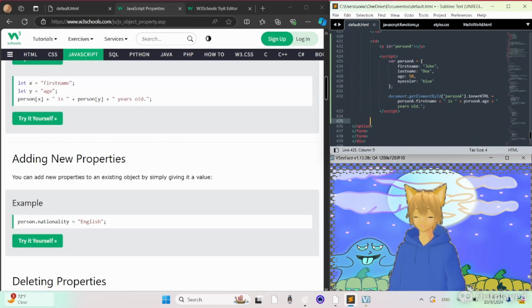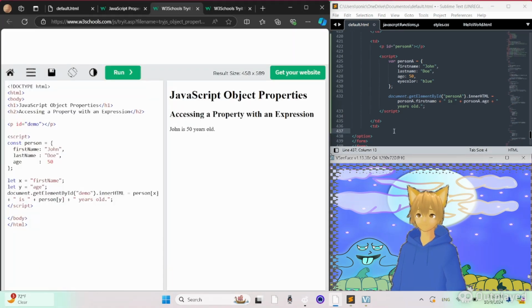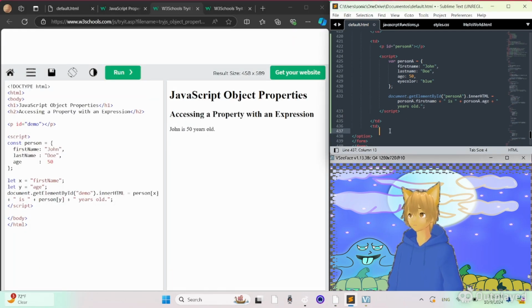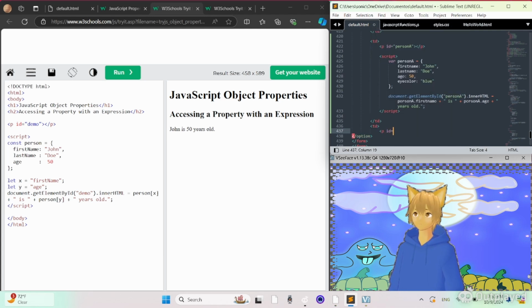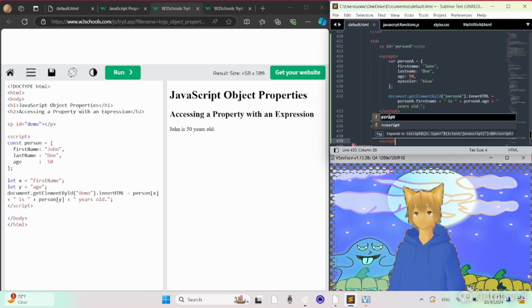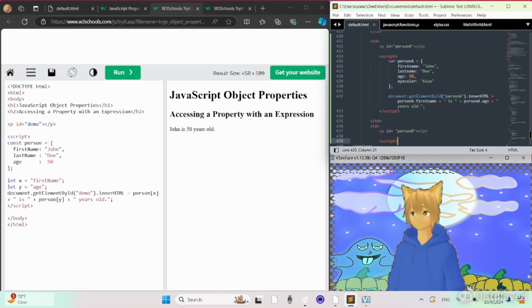And then let's open up a new table cell right here. So TD, closing TD, open TD, and then close TD. Well, actually, let's do P first, for paragraph, ID equals personB. Then close off the paragraph tag, open up a script,